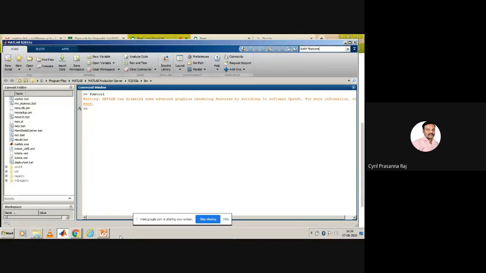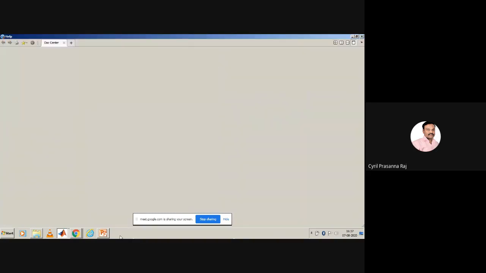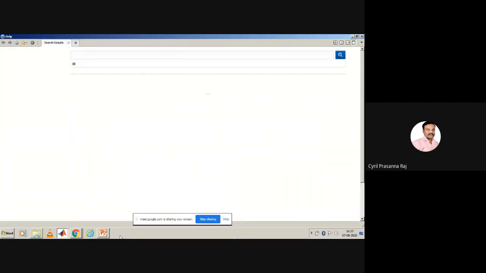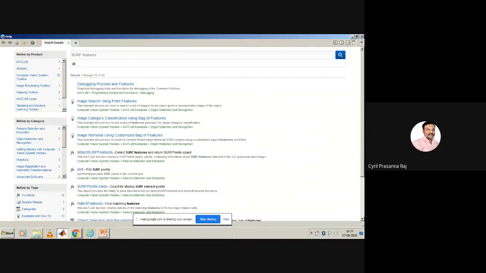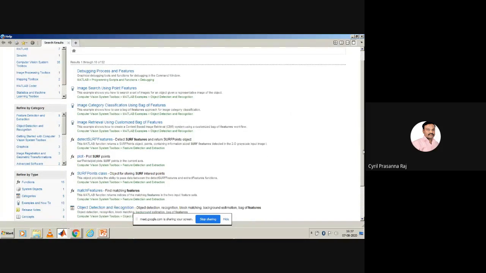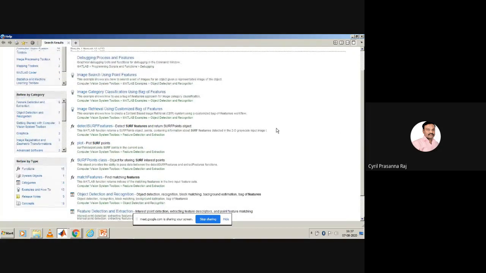So these are some of the important mathematical functions available in MATLAB. Suppose you have an object and you want to identify the various objects in a given image, and these objects could be of regular or irregular shape. All those objects could be extracted using a function called surf. That is what I'm trying to describe now. If you go through this surf features help, it will open up multiple examples. One of the examples that we will try to take up is